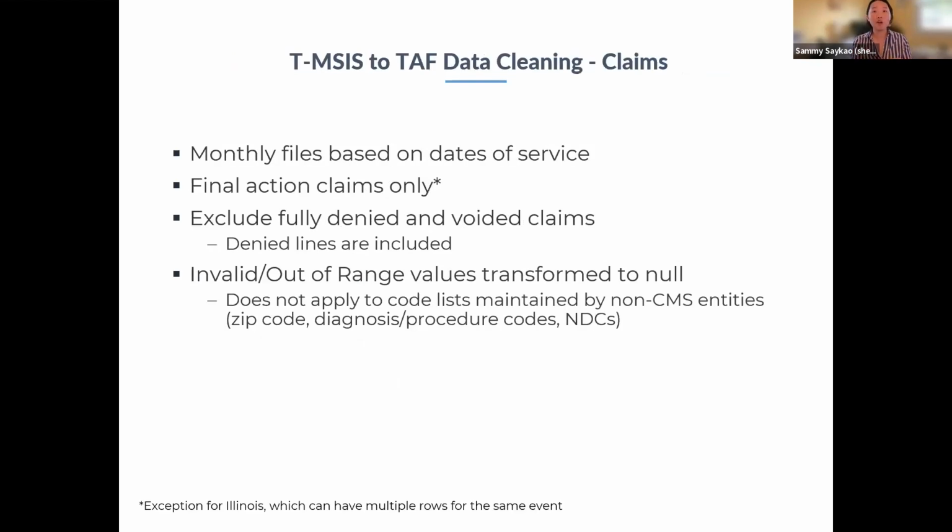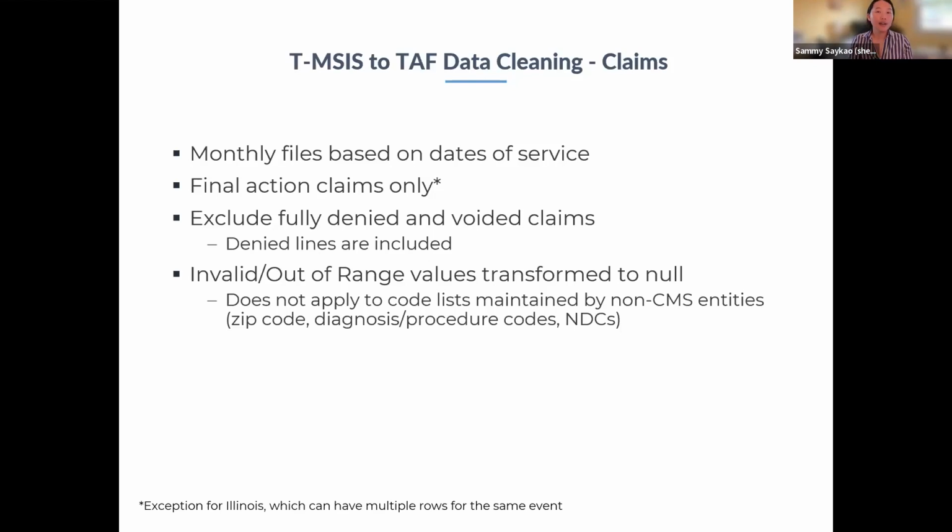So what about claims? How are claims cleaned from TMSIS to TAF? TAF will create monthly files based on dates of service. They have an algorithm that they use to create final action claims. The only exception to this is Illinois, which can have multiple rows for the same event. It has to do with Illinois' reporting system. So at this time, if you're working with Illinois, then you have to just be aware of that. There is documentation on how to work with Illinois. I think I forgot to link it, but I will make sure to ask Steph to add it to the